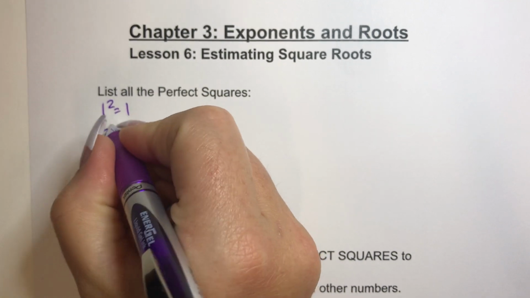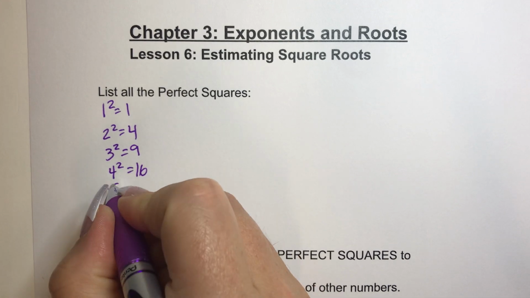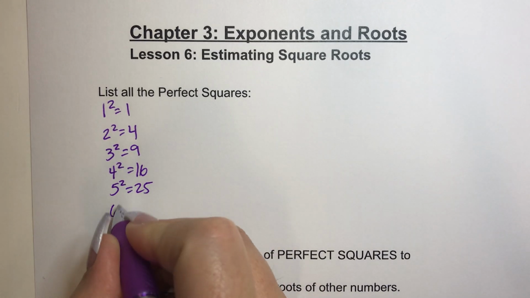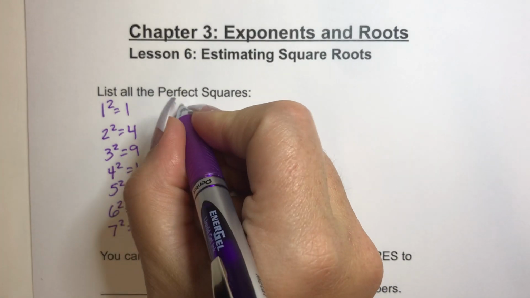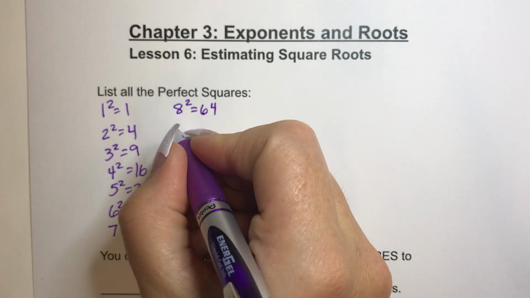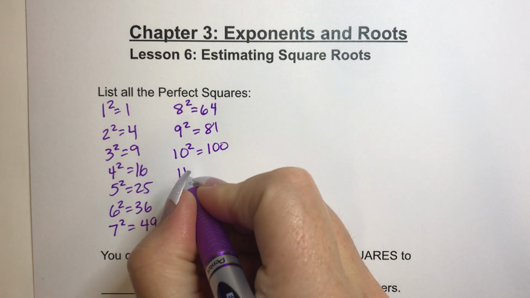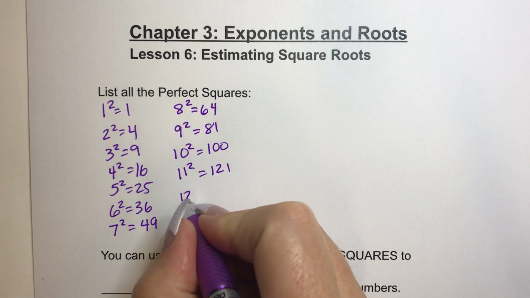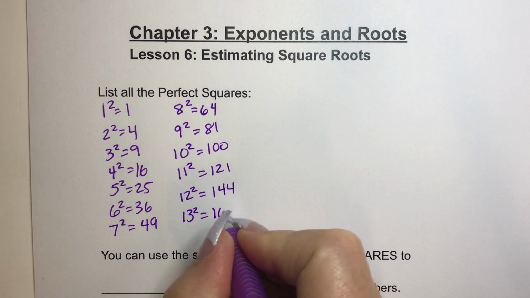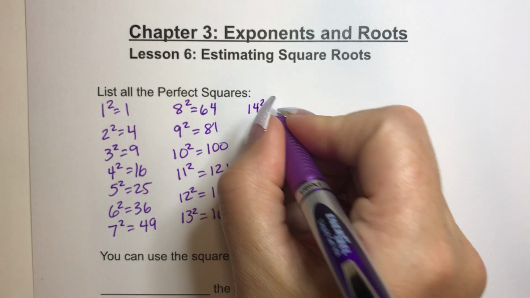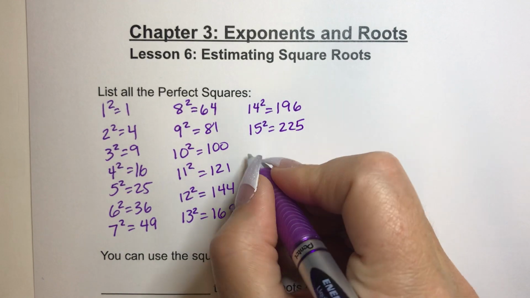1 squared is 1, 2 squared is 4, 3 squared is 9, 4 squared is 16, 5 squared is 25, 6 squared is 36, 7 squared is 49, 8 squared is 64, 9 squared is 81, 10 squared is 100, 11 squared is 121, 12 squared is 144, 13 squared is 169, 14 squared is 196, 15 squared is 225,